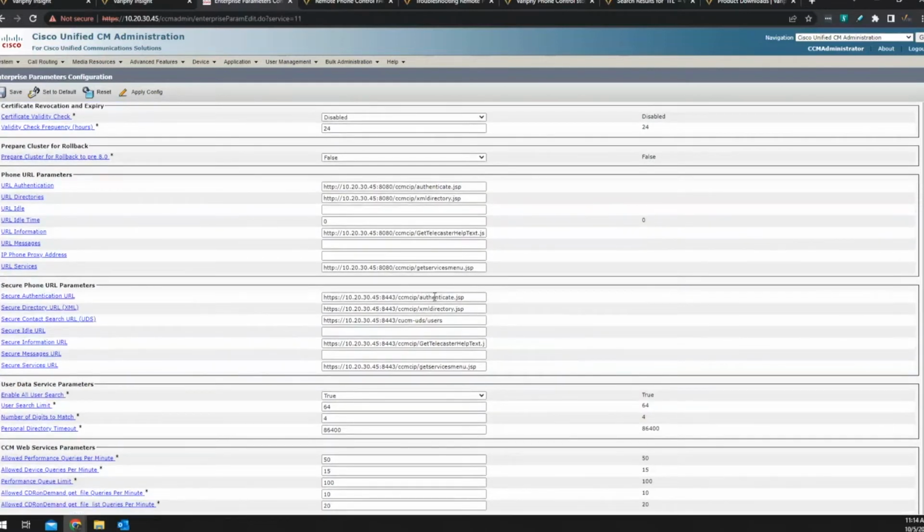Another is, and we don't like to name names, but there is another product out there that sometimes gives us headaches with phone control. They don't mean to, but it's just the way they set up their application. It kind of interferes with ours, and that is one called Informacast. It's basically a third-party phone paging system. But what they do is they redirect this URL to their server. So you'll see Informacast in the URL, and it'll be pointing to a different server name or IP if that's the case.